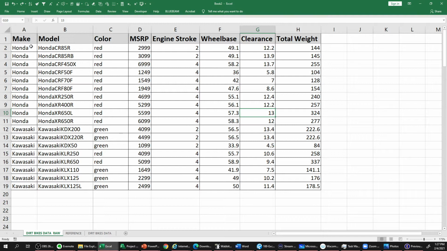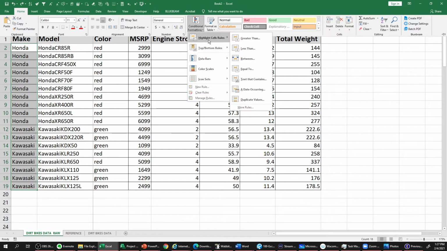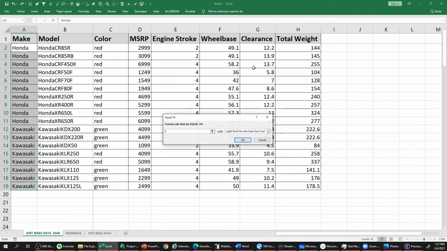But there is another way to do it, called conditional formatting, where you highlight the set of cells and tell Excel by going to Home and clicking on Conditional Formatting. You have several ways of doing it. You can highlight a cell if it has a rule, and several other options. That's what we're going to use today: if it's equal to, and whatever value you put here, if I put Honda here,